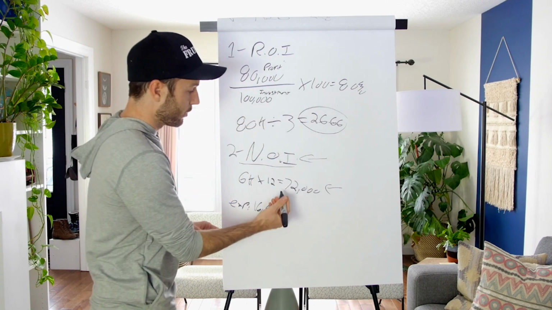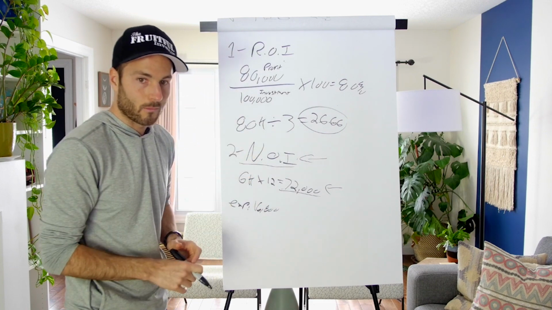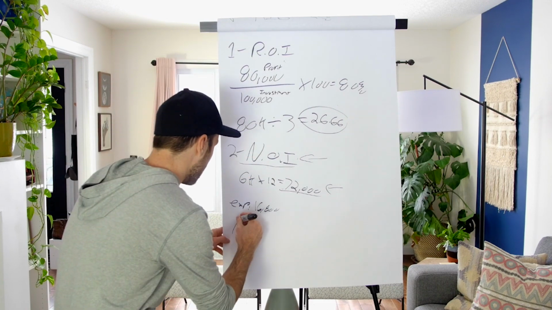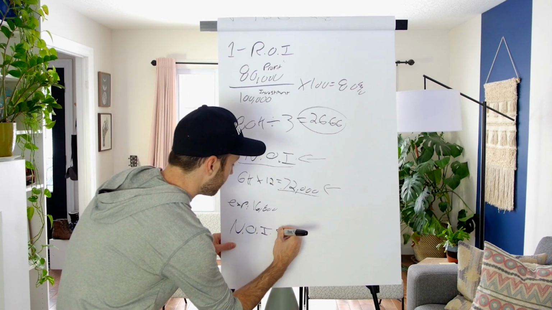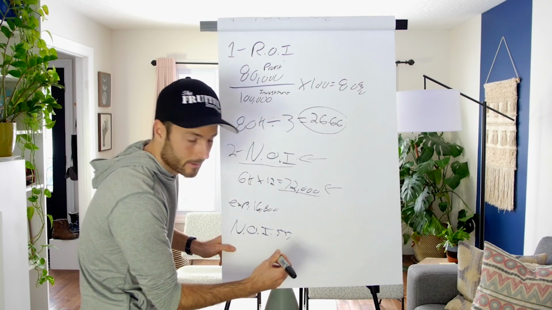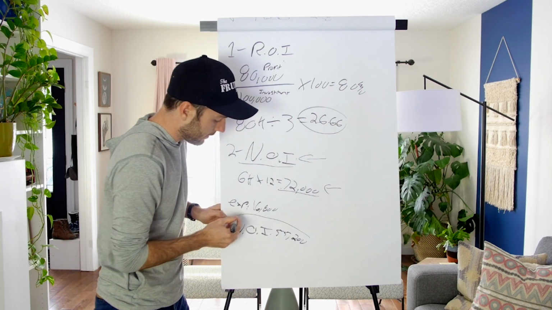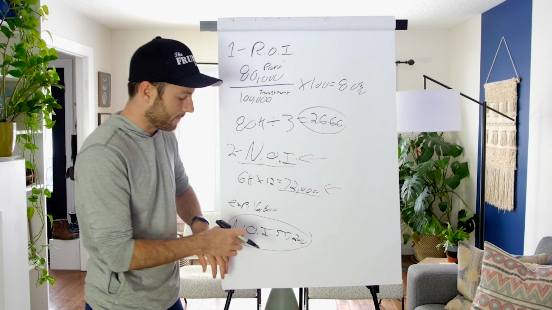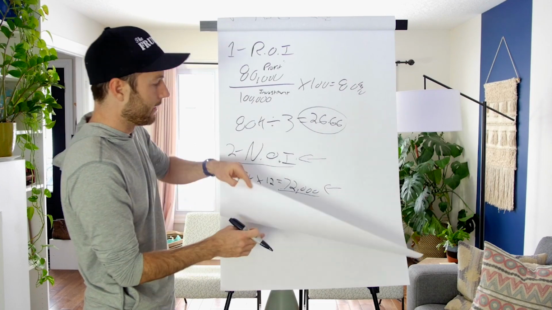Okay, going back. Gross income, subtract the expenses, not including mortgage payments, leaves us with an NOI, a net operating income, of $55,200. Okay, so when we're dealing with multifamily, this is what we care about. I'll show you why in a second, but this is everything. We need to know the NOI before we even do anything.